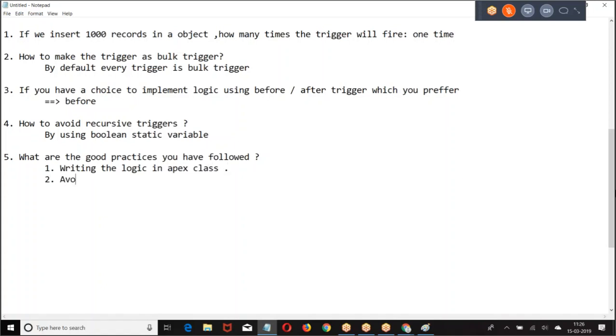Then avoiding SQL and DML in a loop. Then preferring before wherever there is a possibility. Then we had, okay, what is the next one that we had?